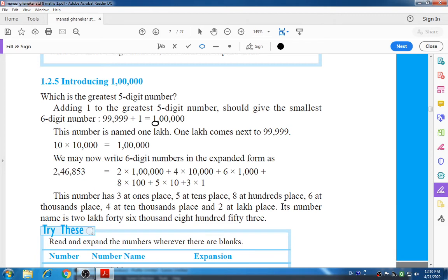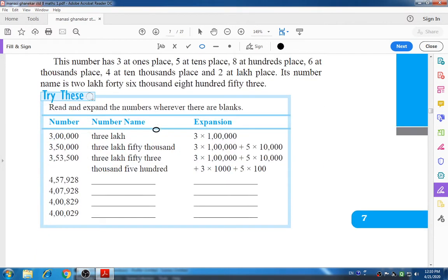Okay. Our next point is introducing 1 lakh. If any number is at the lakh place, then look at here: 3 lakh. 3 is at the lakh place, so I will write here 3 into 1 lakh. Now 3,50,000. So what will be the expansion? 3 into 1 lakh, because 3 is at the lakhs place, and 5 is at the 10,000 place,